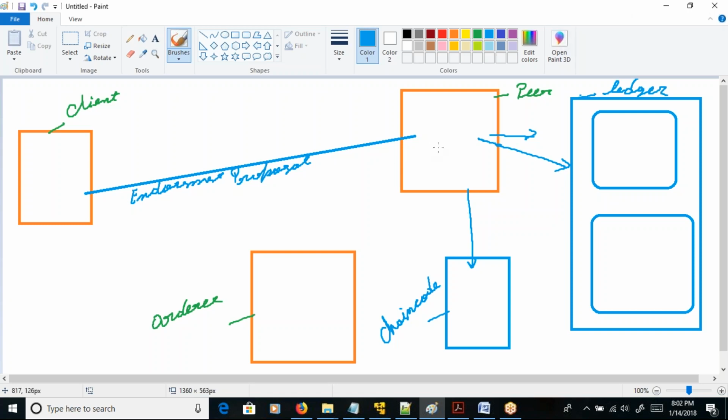So this is your authorization part. And obviously the signature will also be verified. If your signature is verified and the peer has also verified that the client has permission to invoke a method on the chain code, then